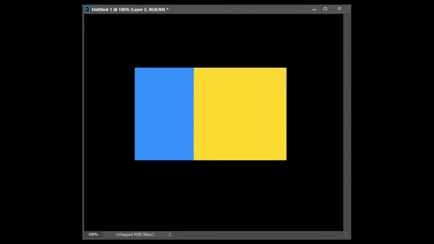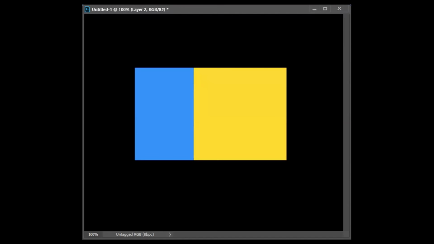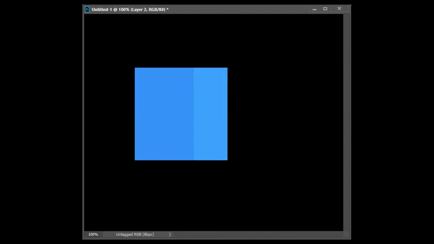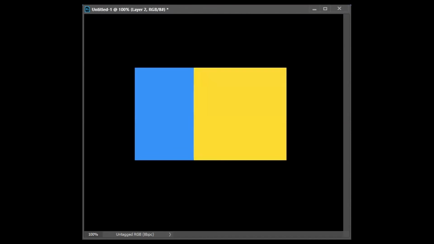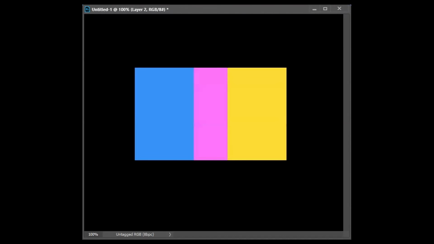So basically what it does, normally what we see is a yellow color and a blue color, okay? You can see this. So if we divide with yellow and blue, what do we get? A lighter shade. If we subtract it, we get a darker shade. If we exclude it, we get a totally different color, a pink color.